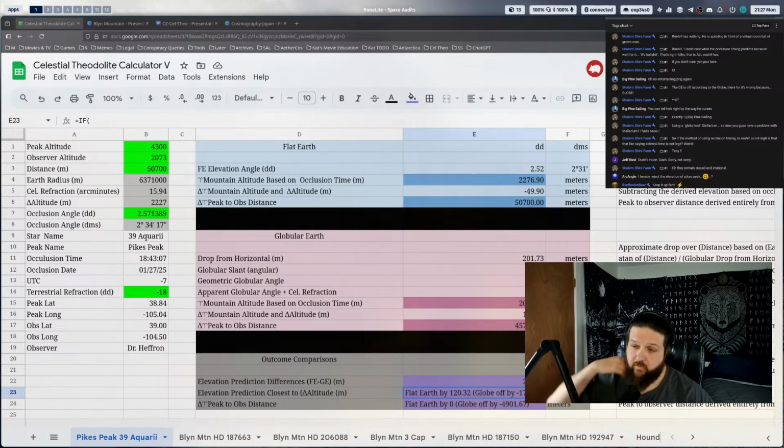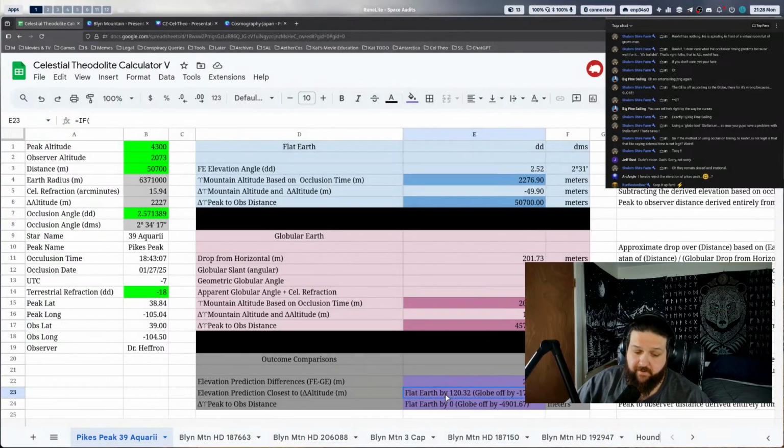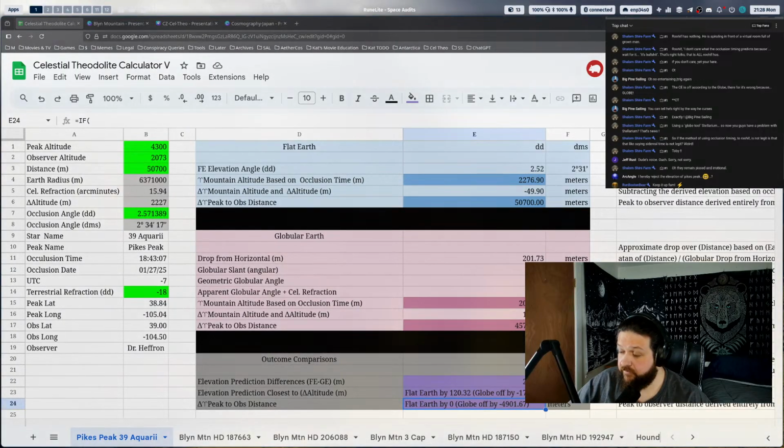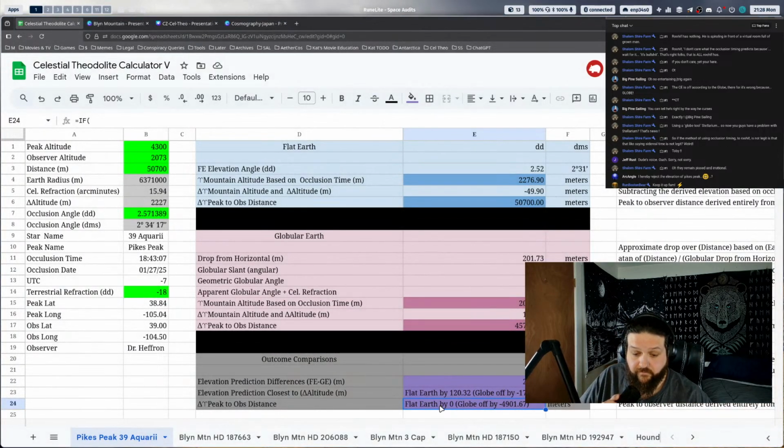Oh, they do align with reality. I can accurately derive my location and accurately estimate the physical elevation of a mountain peak with these. So if you use a flat earth versus a globe, if you try to use a globe, you're going to be off. Reality is being described by the occlusion timings, and the occlusion timings are indicating that the sky and the earth are coplanar. So what part of the formula are you claiming that the globe is getting wrong though?